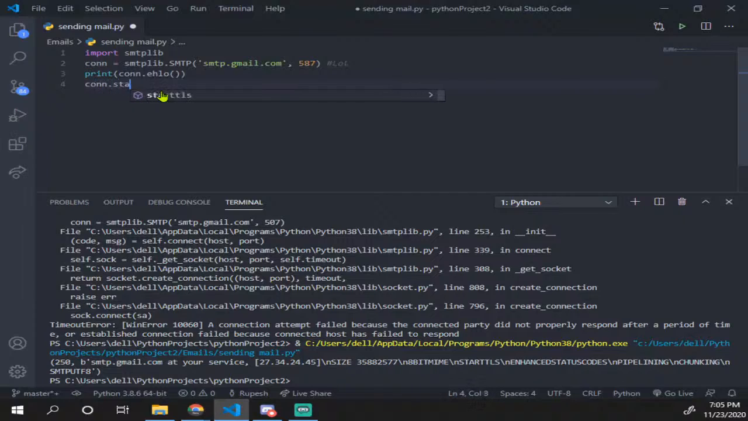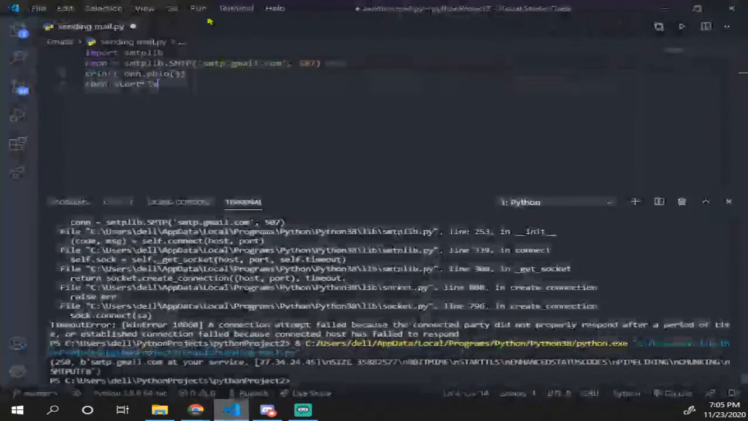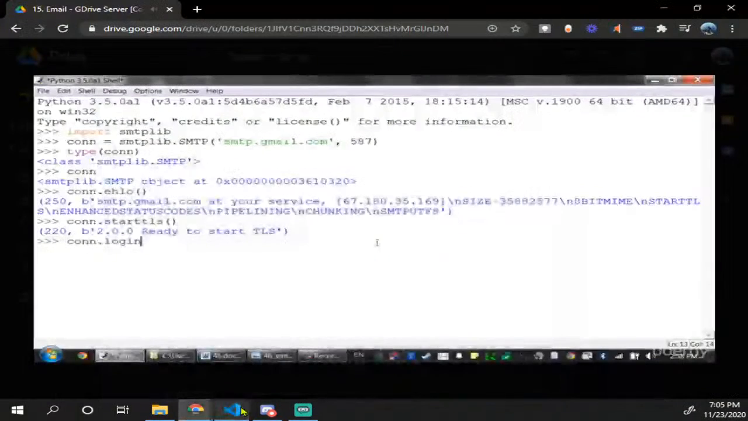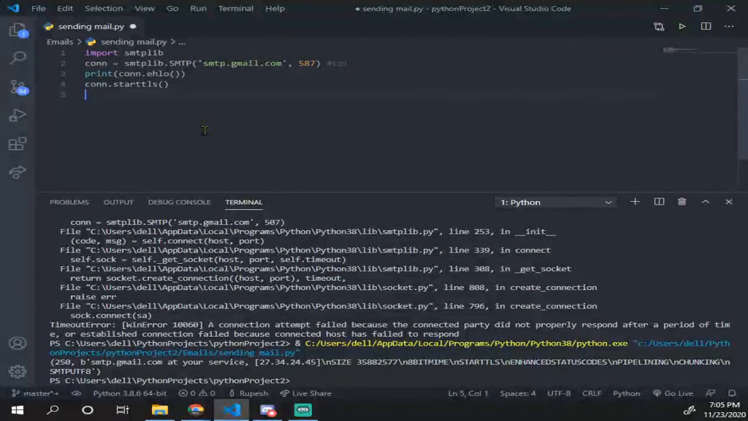So after connecting with hello, we have to start the TLS encryption, so that way when we send our password, it'll be encrypted. So this returned code 220, that means everything's okay. And now let's go ahead and log in. And so we have to call the login function, pass it our username, aswigert@gmail.com, and then the password, which is